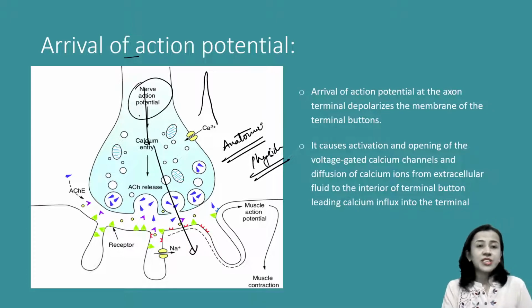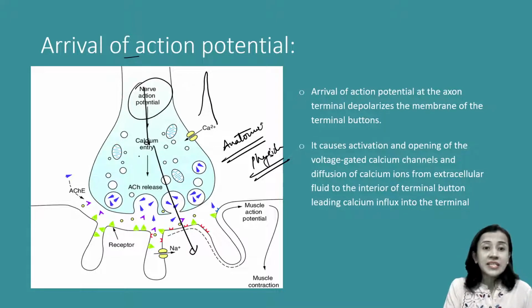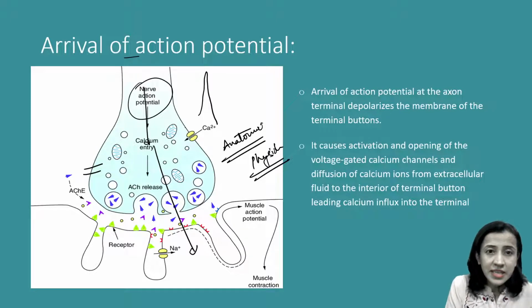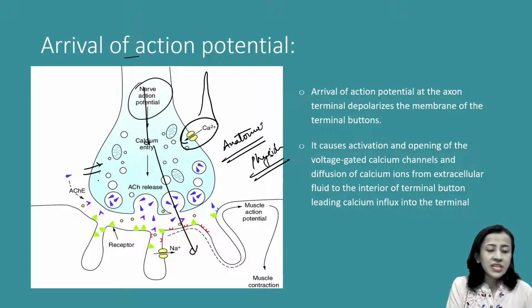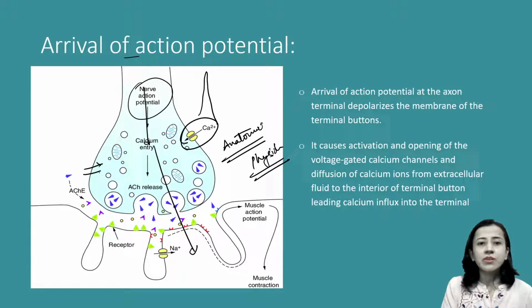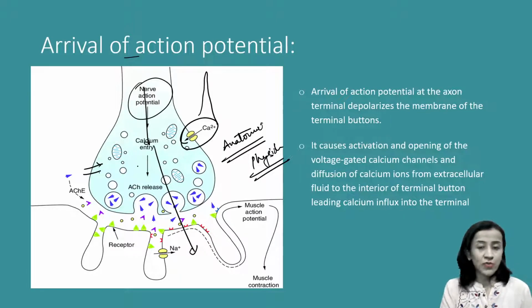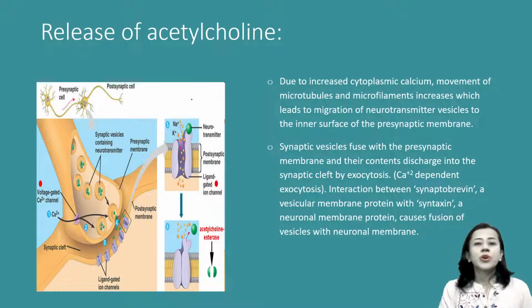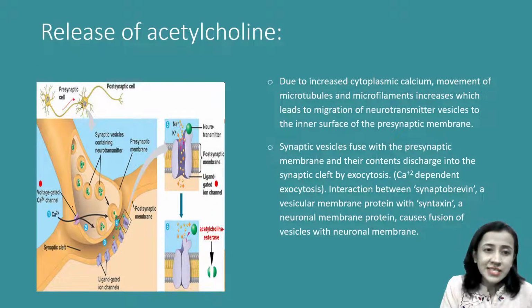Now you can see here, first of all, the action potential comes here. When the action potential comes to the presynaptic membrane, calcium channels here get opened up. So calcium enters inside the presynaptic terminal. Now, when calcium enters from the extracellular fluid into the presynaptic terminal, that causes exocytosis of acetylcholine from the vesicle. Fine. You can see here, because of the increase in calcium ions in the cytoplasm, these calcium ions cause